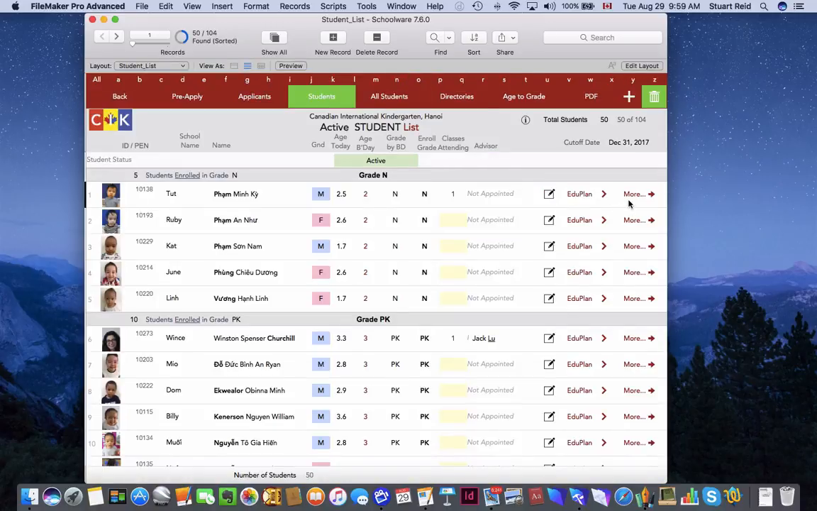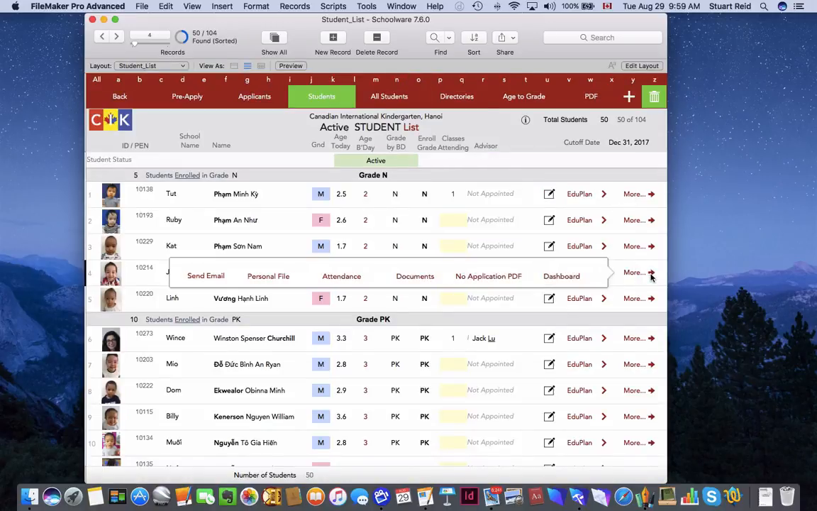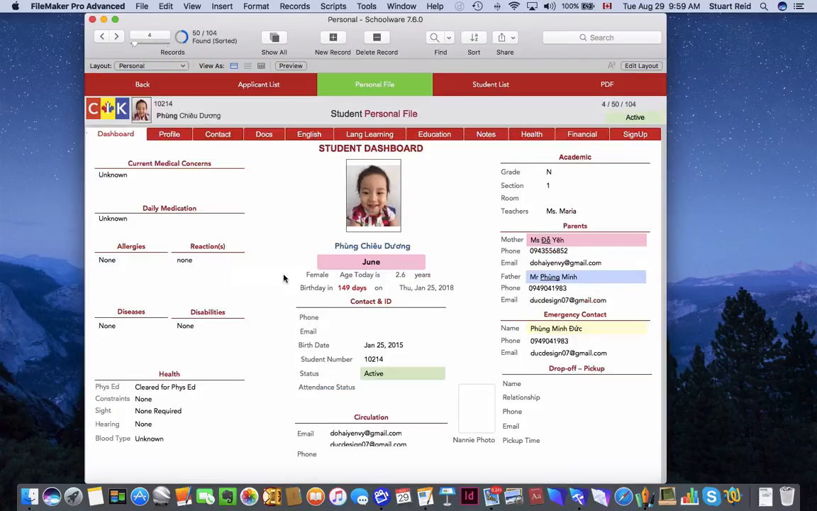list. And in the more category here, we have more information. We can send an email to that student. We can go into their personal file, do their attendance, their documents, and in this case we don't have an application PDF because the student was registered through the school we're for, and we didn't import all that information in here. So, but if we go into the personal file, you can see that it's again a tab system